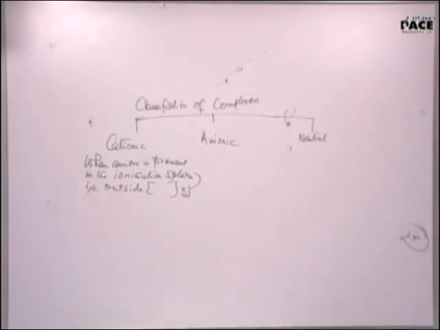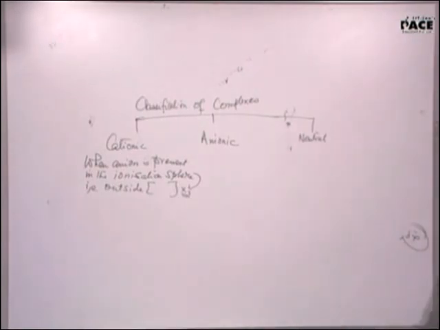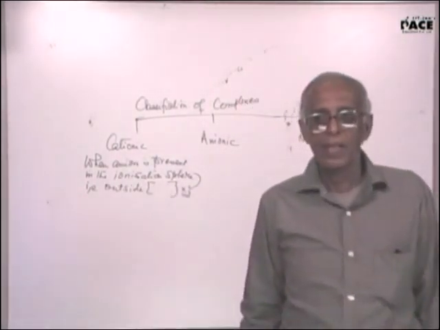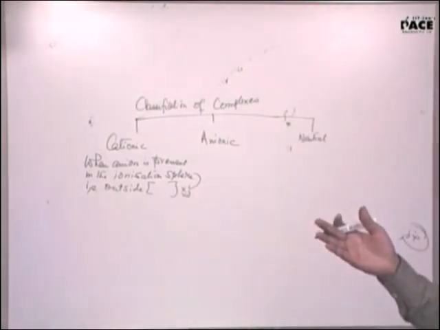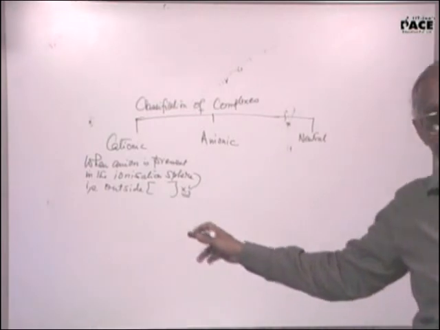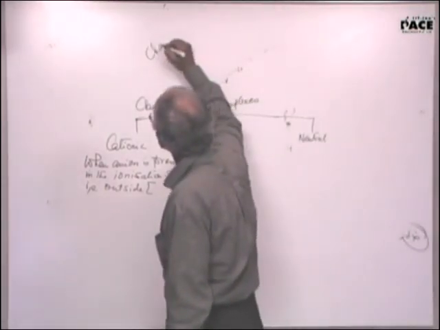When an anion is present outside the coordination sphere, that represents the ionization sphere. So when an anion is present in the ionization sphere, that is outside the square bracket, then it represents a cationic complex. That means the charge on the complex